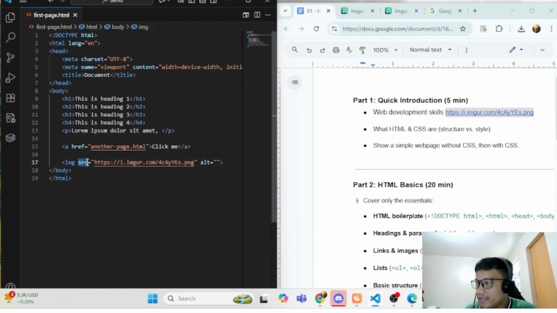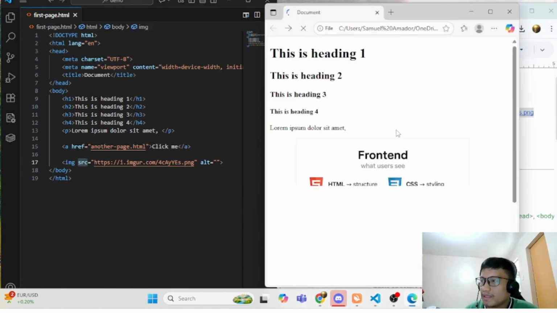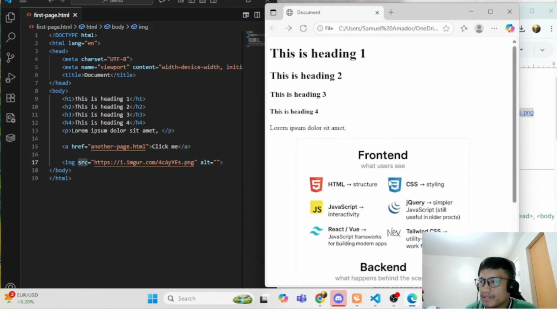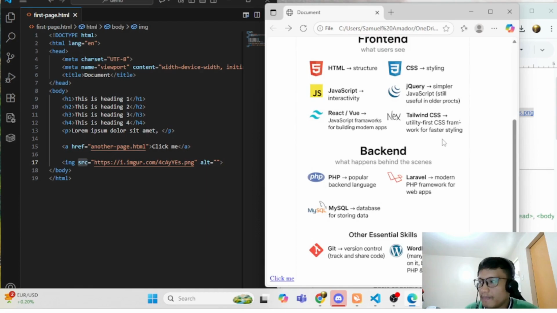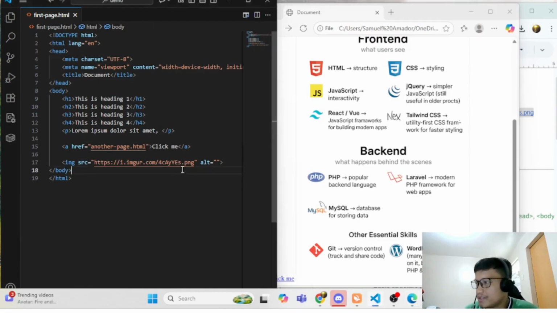So src, this is the source of the image. Okay, so it's here. So I've included here the image. So that's it. So that's how you begin the HTML.